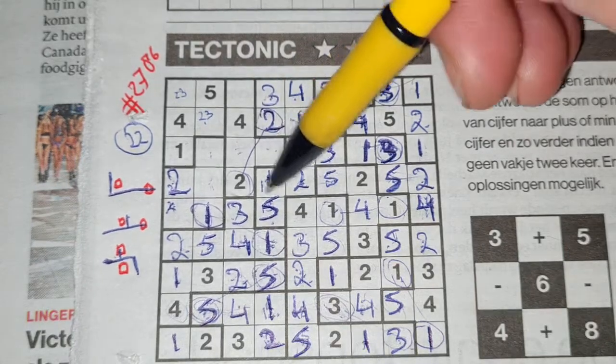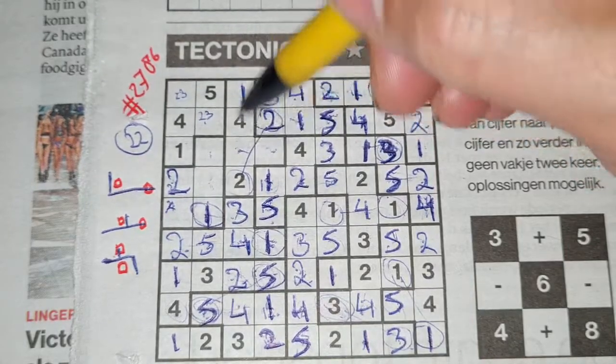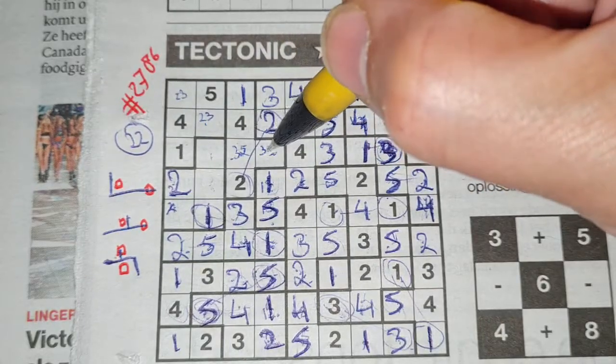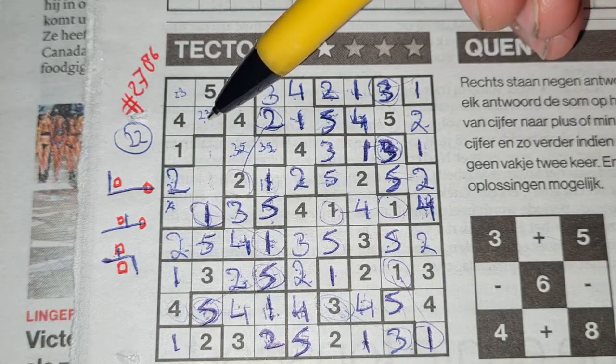These two boxes cannot be a 1, so 1 box left for the 1 should be there. 2 boxes left in this area for the numbers 3 and 5. Let me mark those 2 boxes, 3 and 5. Then, I think,